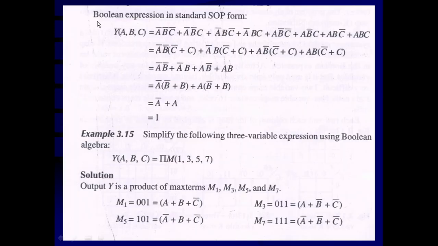Combining all these things, we get the Boolean expression in a standard form, that is Y is a function of ABC. All the 8 terms are written here. Now, from the first 2 terms, A bar B bar is going to be common, remains C bar plus C. From the third and fourth terms, A bar B is going to be common, C bar or C remains. For the fifth and sixth terms, A B bar is going to be common, C bar plus C remains, and from the last 2 terms, that is 7 and 8, AB is going to be common, C bar or C. C bar or C is going to be 1, so that is going to be removed.